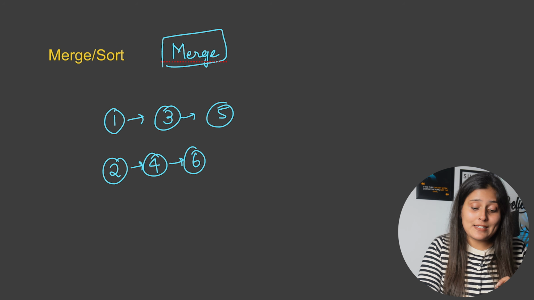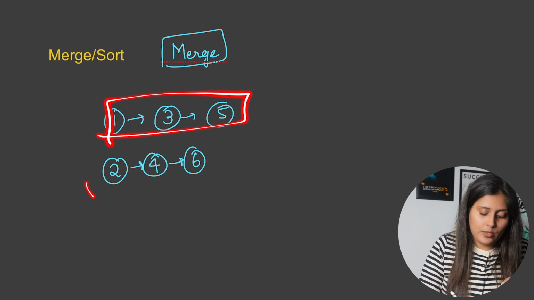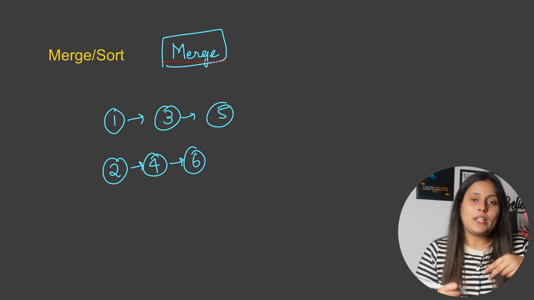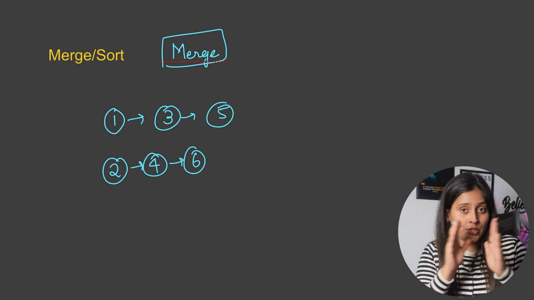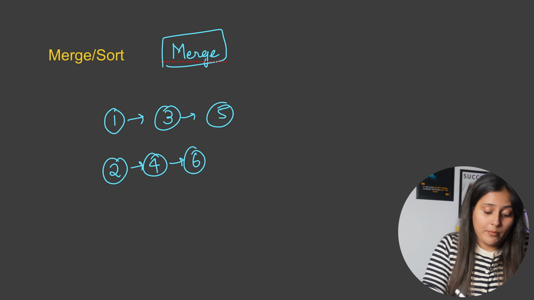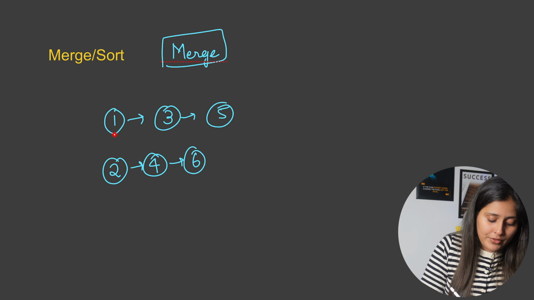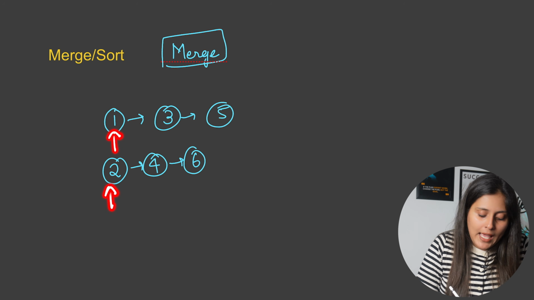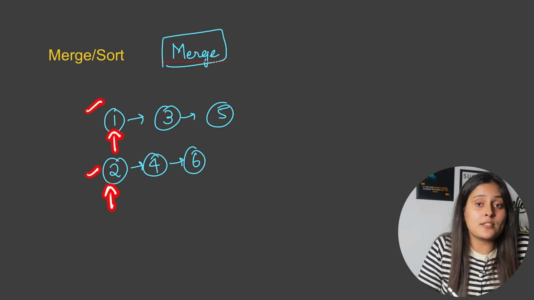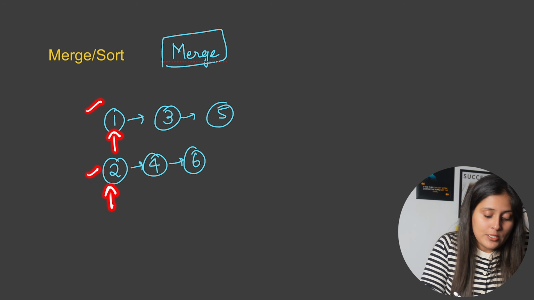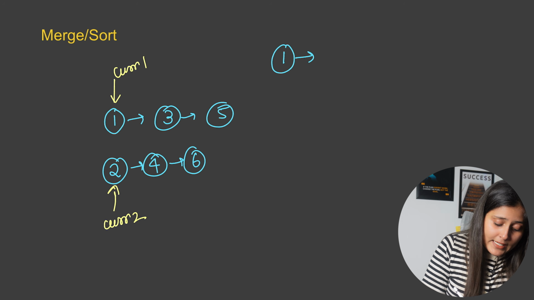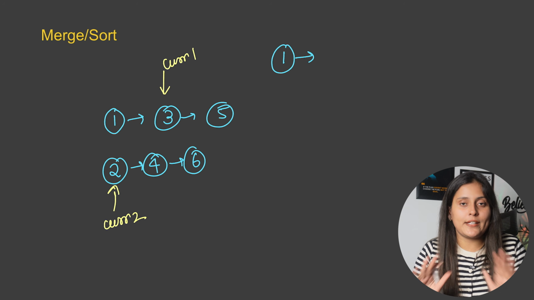So both linked lists are sorted in their own terms, correct? And you need to merge both the linked lists. In this case, if you know the merge algorithm, you can solve this problem. How? First, you start with current 1 and current 2, which are pointing to the head 1 and head 2 pointers, and you compare which one is smaller. You will say 1 is smaller. So in that case, you will keep this 1 connected. So basically your current 1 will move from 1 to 3 because 1 is already sorted.